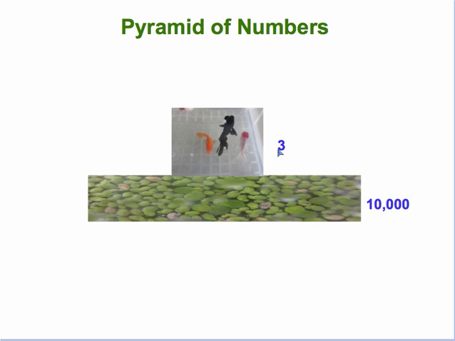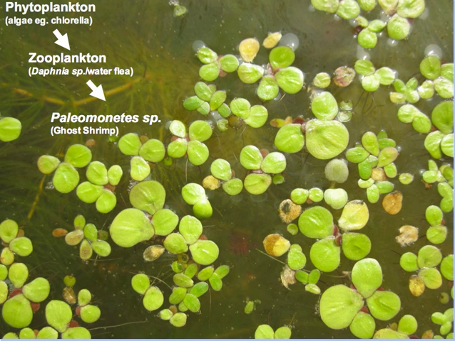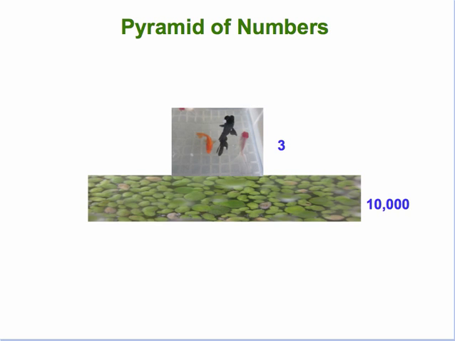Then you'd have to count all of the individuals of every species of producer, and then at the second level you would have to count all of the individuals of each species of primary consumer. The pyramid could also get complicated if you have organisms feeding at different levels. So to keep it simple, we might just take a given food chain and then use that given food chain